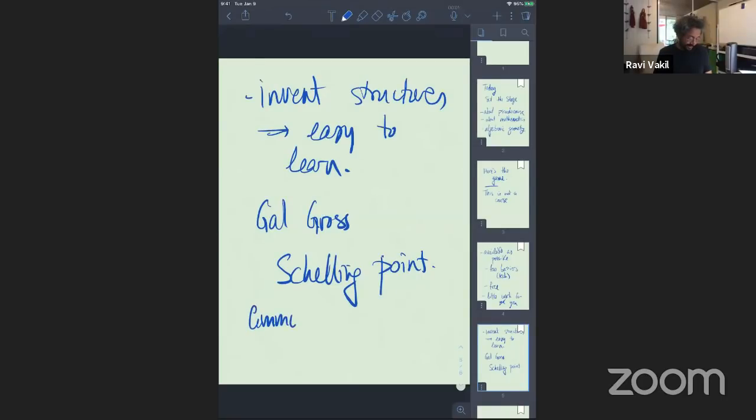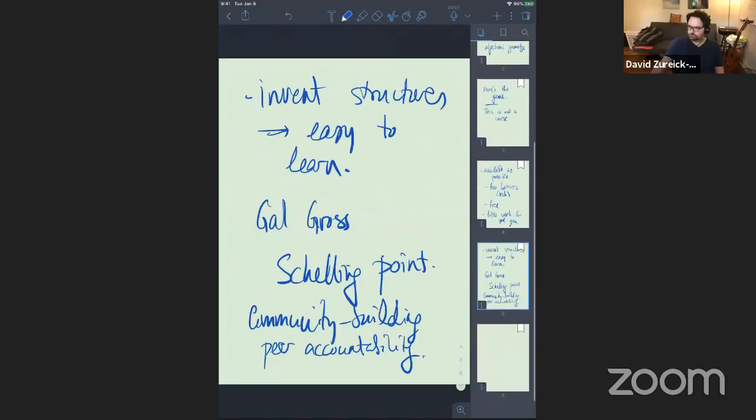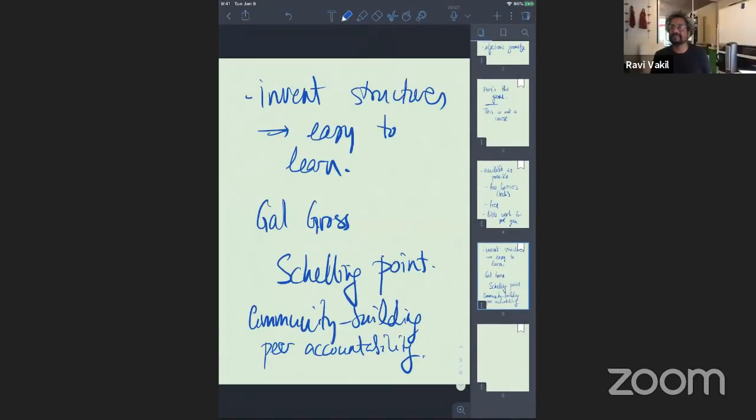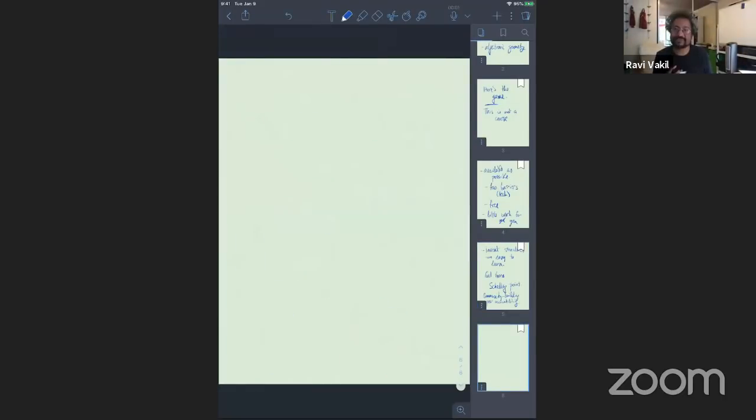So in particular, community building in many different ways, and making use of, I guess, the phrase is peer accountability, but just the fact that it's way easier to do things in a group. I find it way easier as well. And so something I want to discuss maybe another day is that mathematics is one of the most social of the intellectual disciplines. And people have the opposite idea, but they have no experience with it. So this is what will be necessary to make things work.